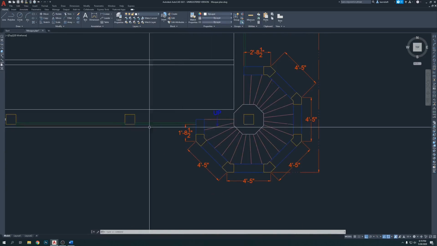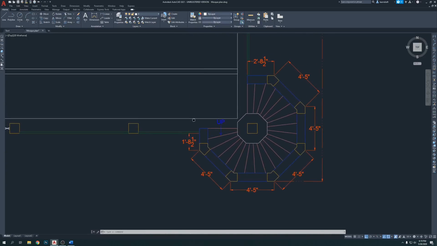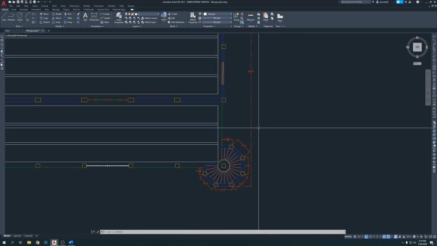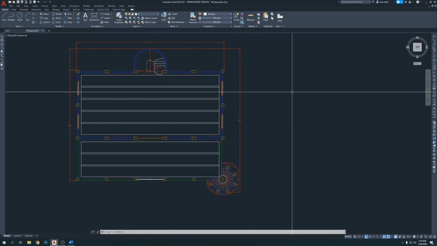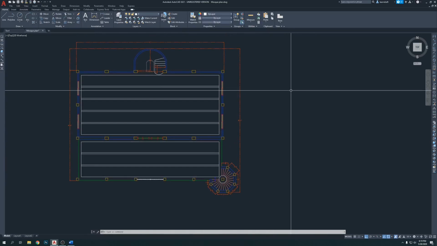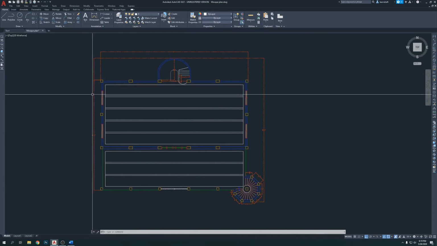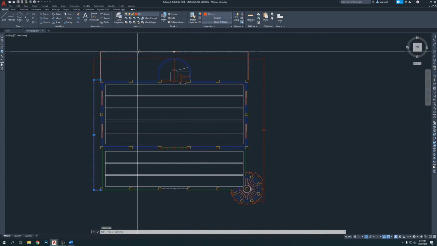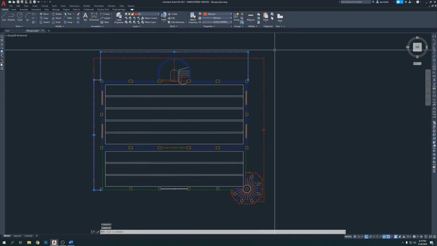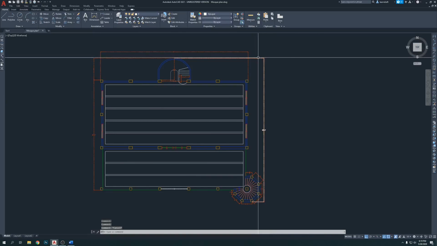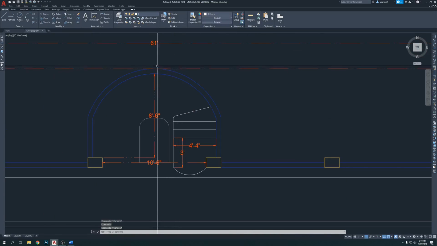This one, nah, keep it this way. So if they want to know the main mosque dimension, here's the main mosque here and there. And if they want to know how much is this one,